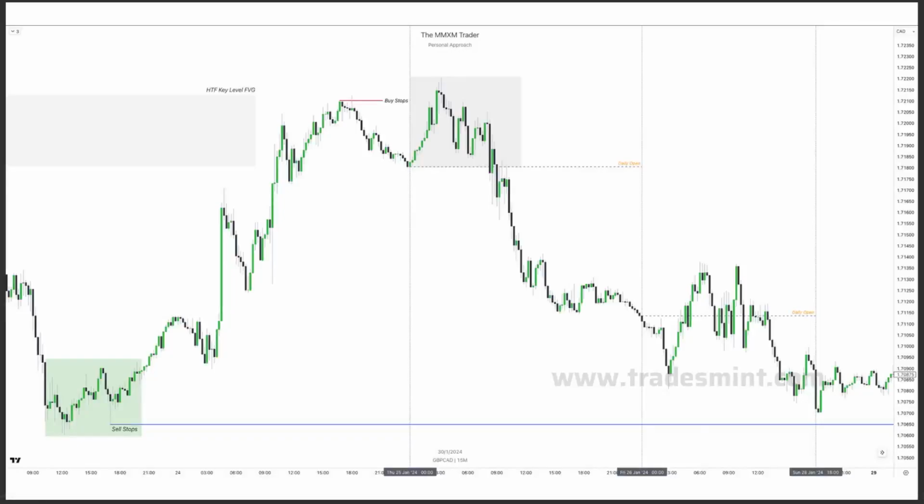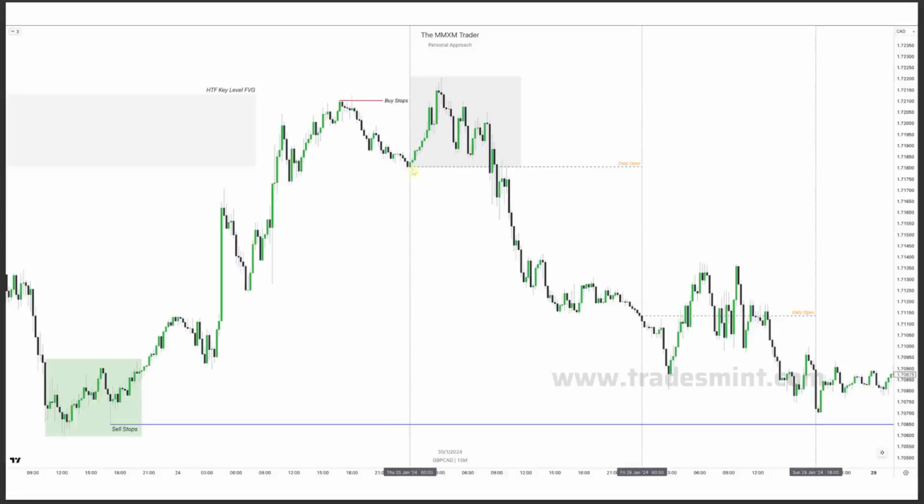So over here we've got a market maker sell model for GBP CAD 15-minute time frame, right? All the things outlined earlier as well. Higher time frame key level, right? Buy stops ran, and now we're going to be focusing on a previous session high or previous session low, and then we're going to be talking about the close proximity entry. So what we can do